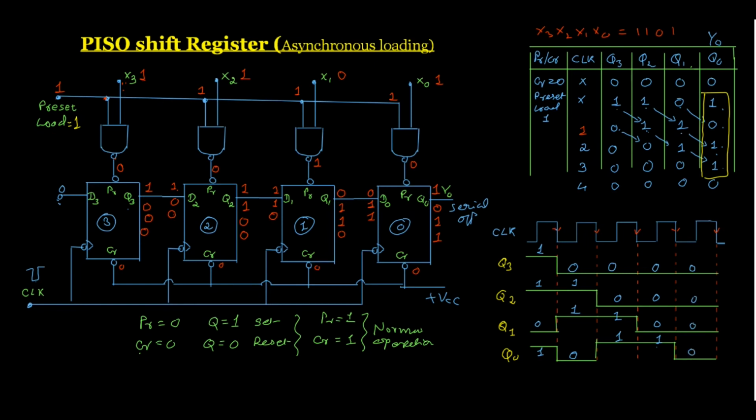So here basically in a serial out, your data is going to be lost. As you apply a clock pulse, you get the data at the output. Then when you apply the second clock pulse, the first data will be lost and the second bit will come. With the third, the second bit will be lost and the third bit will appear in the output. So this is the waveform of a PISO SIP register.